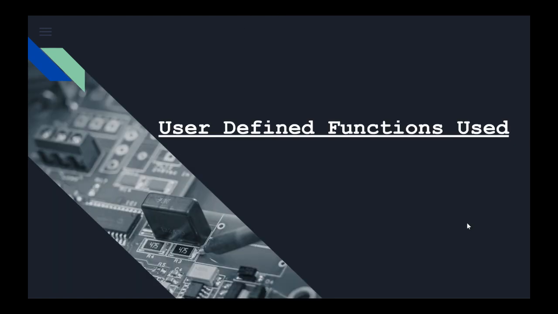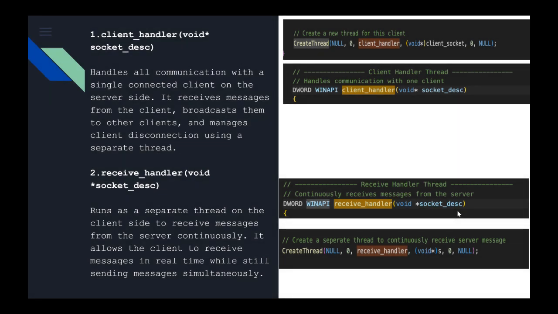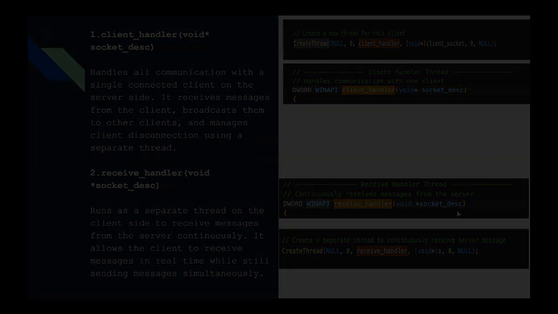Apart from using these inbuilt functions, we also used some user-defined functions. They were client handler on the server to handle each client independently. It receives messages and broadcasts them. Receive handler on the client listens for messages from the server continuously. Now that we have seen the main functions in our program,